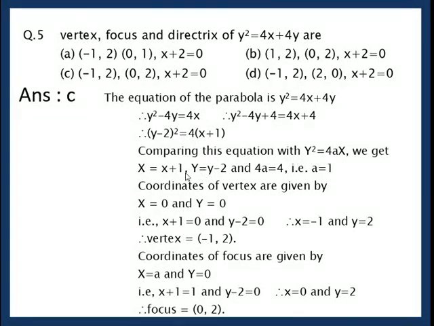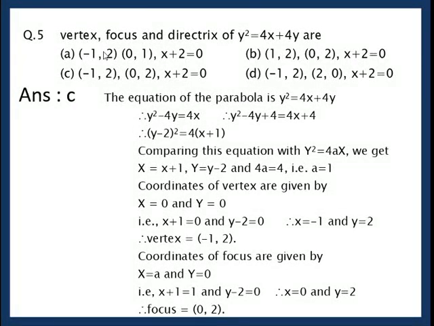Do you remember shift of origin formulae? Small x is capital X plus h. So what is capital X? Small x minus h. And that gives me the shifted origin (h, k) as what? h is minus 1. And what about k? Yes, it is 2. So (minus 1, 2) is the shifted origin. Now vertex is at origin, but that is not old, that is new origin. So capital X is 0, capital Y is 0. So (minus 1, 2). So can we guess the answer?